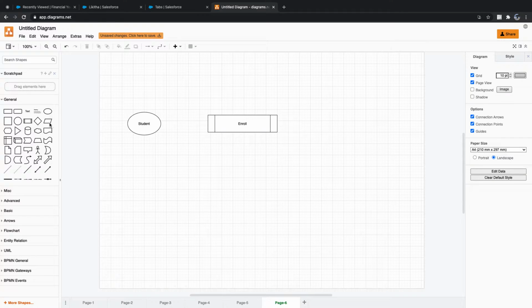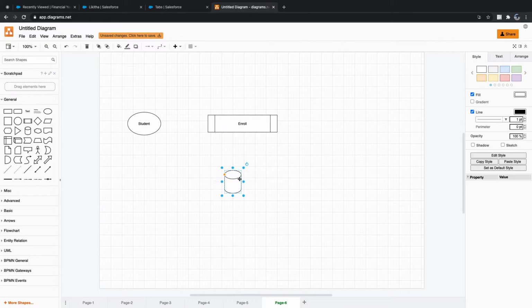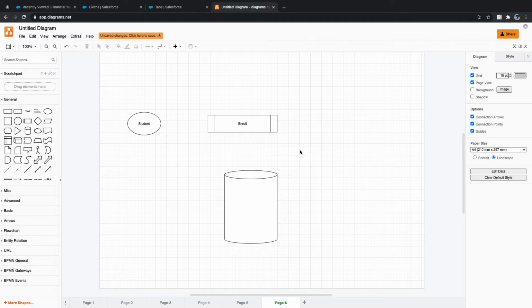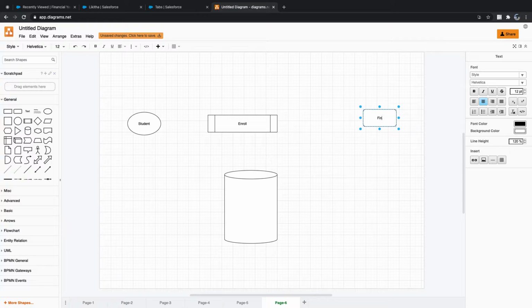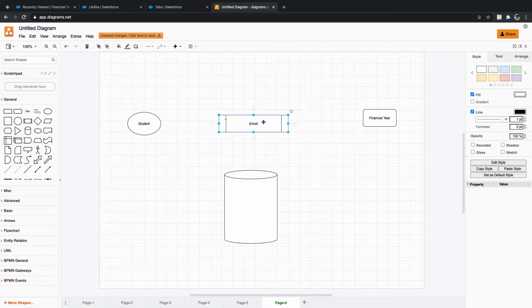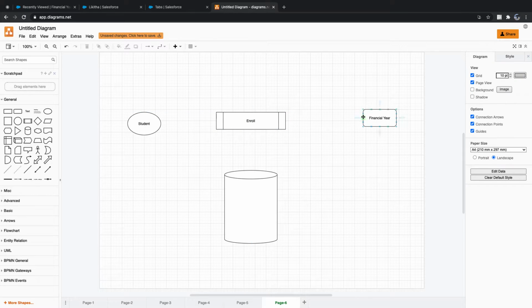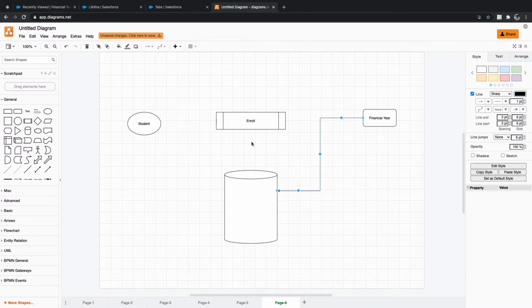To enroll, I would need a few pieces of information. He needs to be joined with a financial year. Every time I create a new student, my financial year is required. My enrollment is required from the student. Clear?